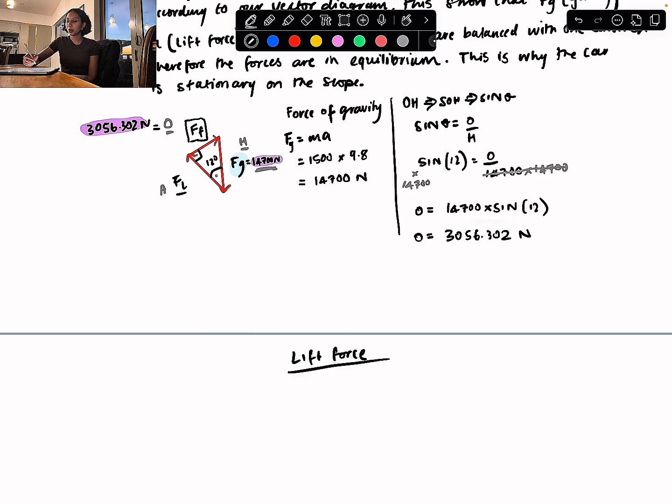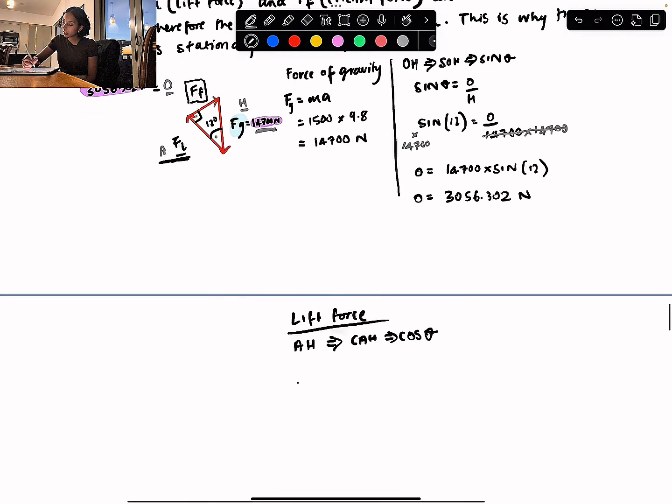To work out my lift force, I'm going to use my force of gravity, which is the hypotenuse, and adjacent, which is my lift force over here. Okay, so if I'm using A and H, that is K, which is my cosine function, and so cosine theta equals A over H. Okay, substitute things in. H is